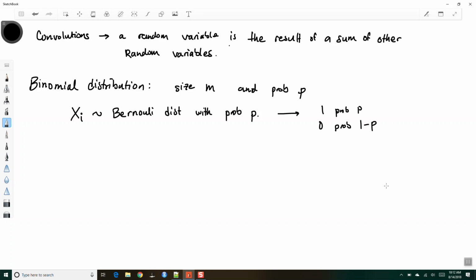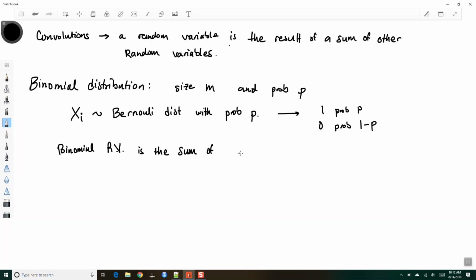So we've got a Bernoulli distribution, which is basically a coin flip with probability p, and then the binomial is then defined as the sum